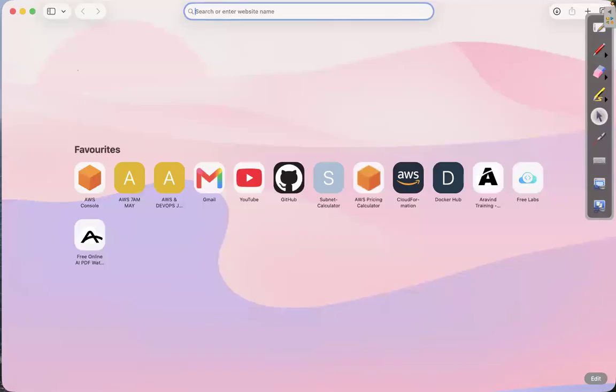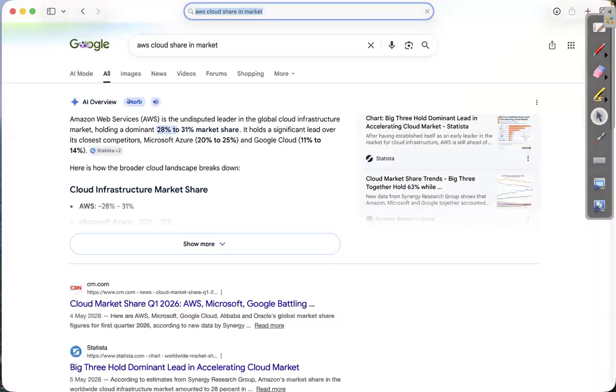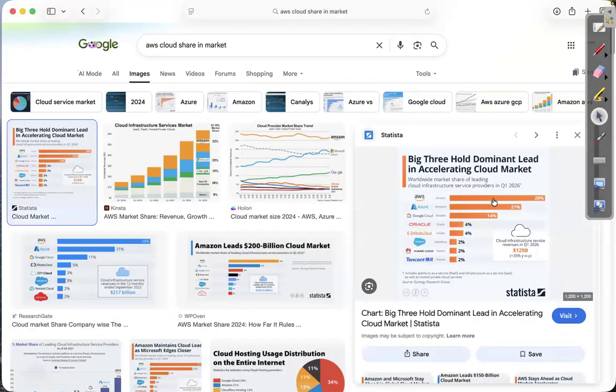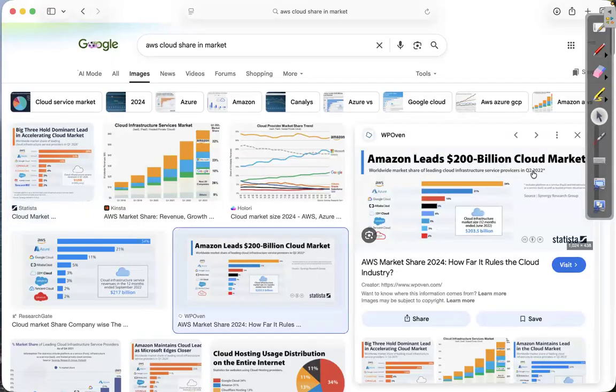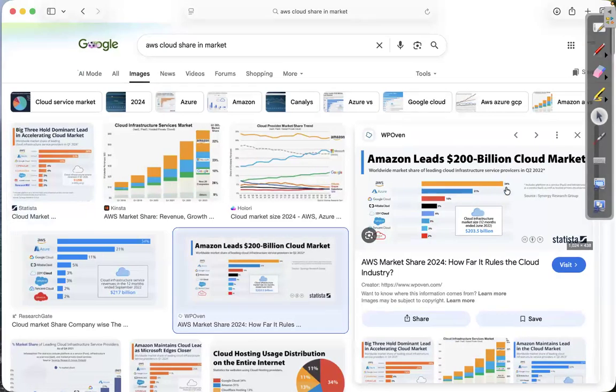So you no need to get from me only. You can ask here also. AWS cloud share in market. Every year, if you see AWS standing in which position? 28%, 30%, easy. So this is which quarter? Here, see quarter one in 2026, right? Latest. What is this? 2022 or not? Yes, Amazon leads. Amazon leading with 34% here in 2022. So you take any year, every year Amazon is leading in the first place.